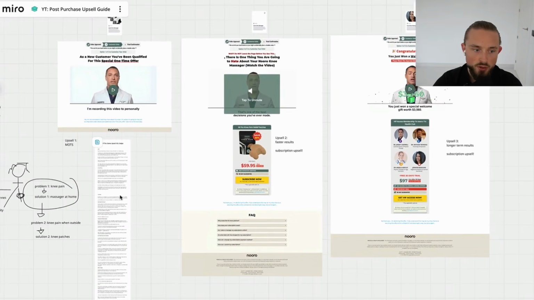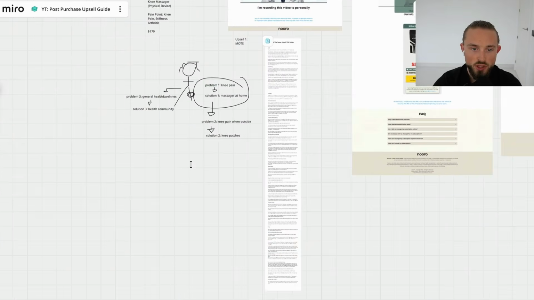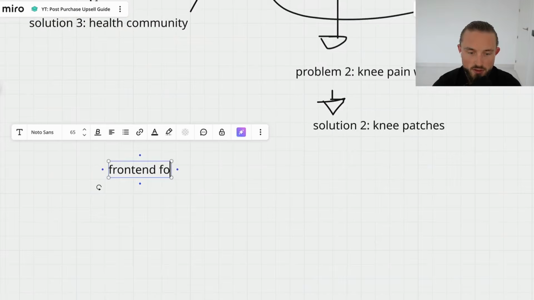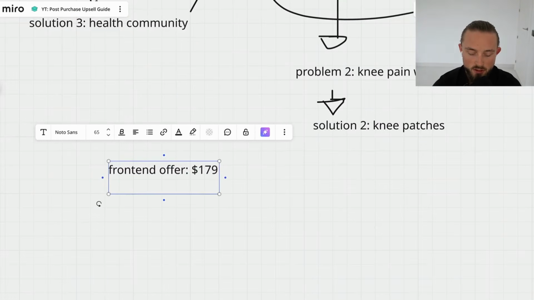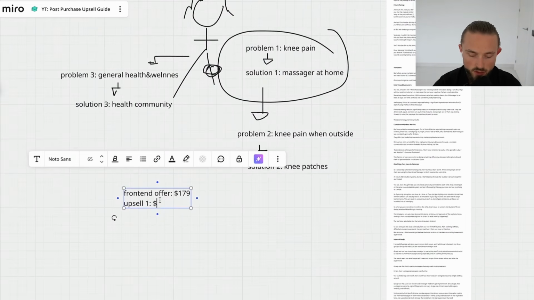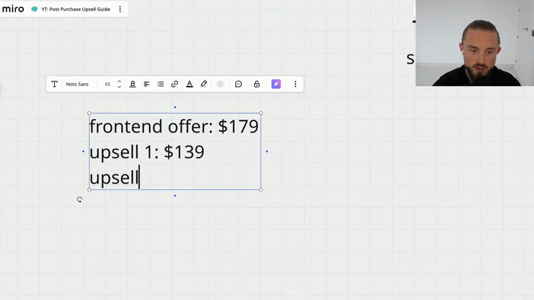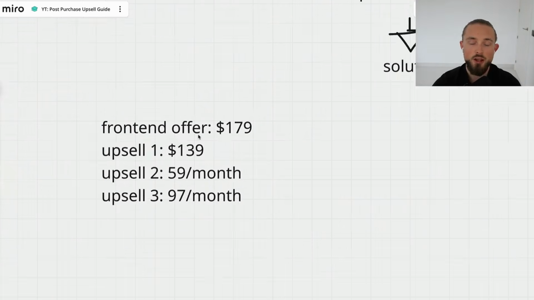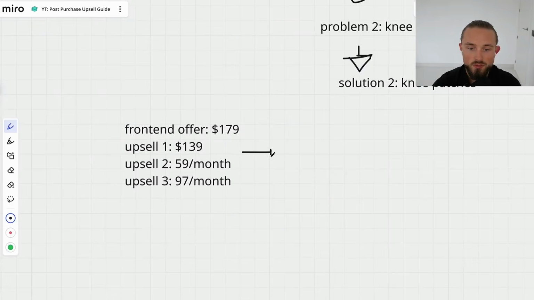Now, if you think about this, let me just break down the mechanics. Front end offer is a minimum of $179. Upsell 1 is an offer of $139. Upsell 2 is then $59 per month. And upsell 3 is then $97 per month. So best case scenario, you have an